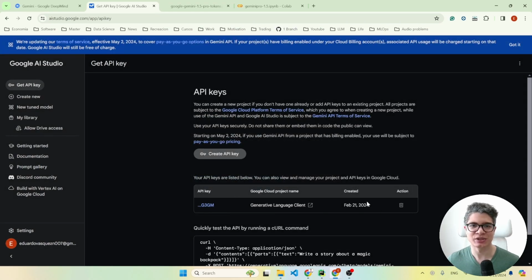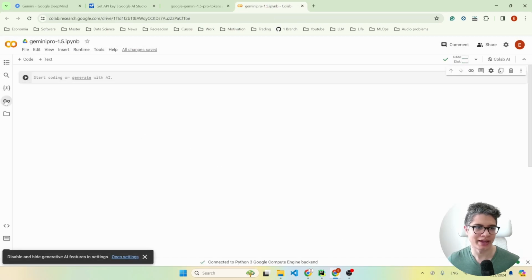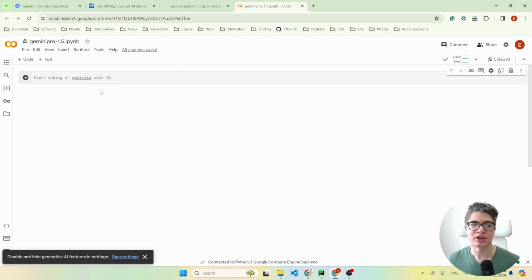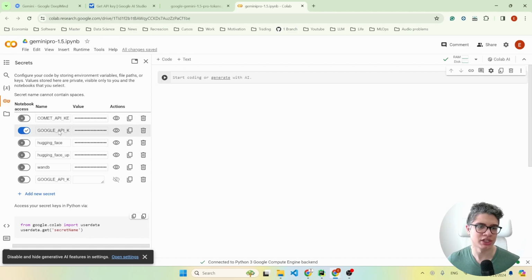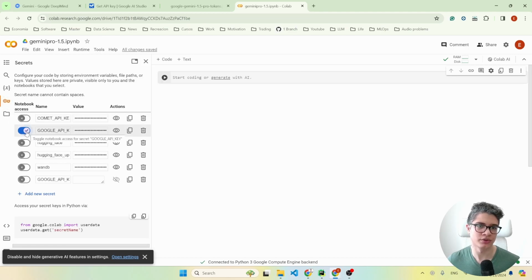And now let's go to the Python code to use the credentials. Here, let's go to the Google Colab and let's set the Google API key. I already specified my API key here, so you can use the secrets and specify the credentials. You just need to click in Add New Secret and here specify, let's say, Google API key. And here you can paste the credentials. So after you specify the credentials for this project and enable the credentials, of course, here with the notebook access,